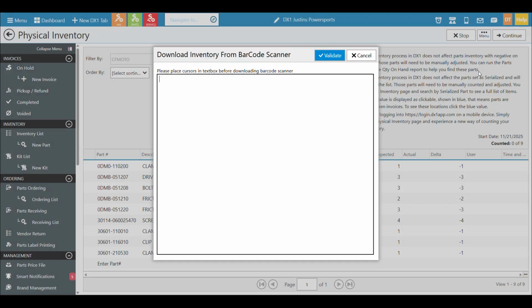We can also use a scanner. You can scan in 100 parts at a time. If you have three of a part, you're going to need to scan it 3 times if you're not using a barcode that has stored data on it. If you're using a scanner with memory, you won't have to be toggled to the computer to make it work. Once you do get it downloaded, you can unload it here. But do remember you can only do 100 quantity parts at a time. Again, I really think the best way is to use a mobile device.